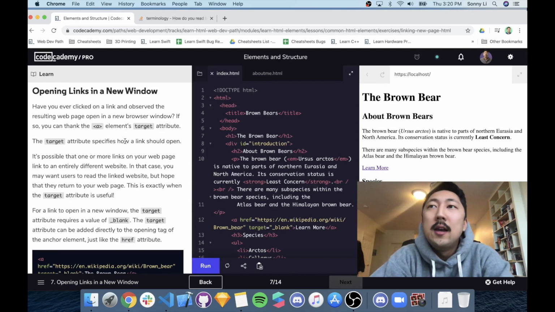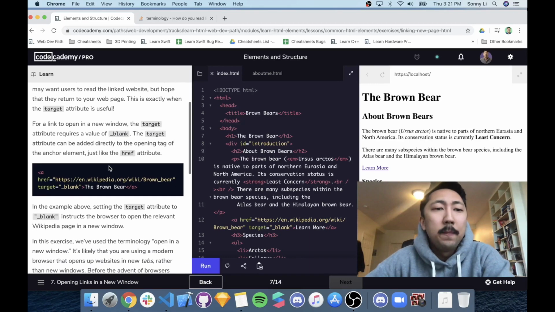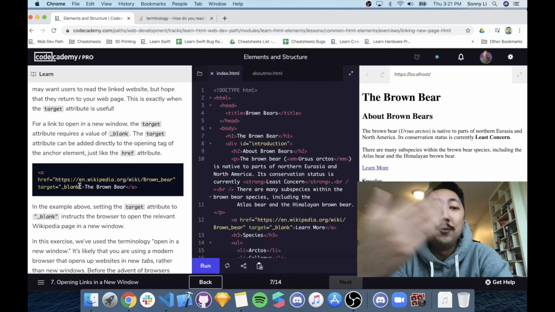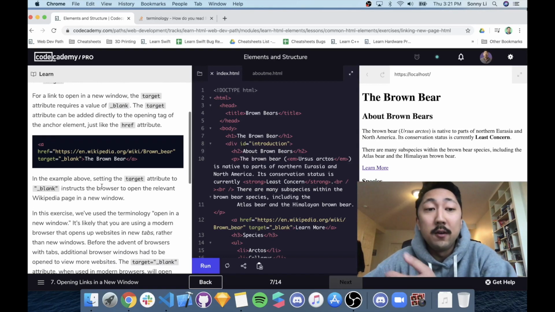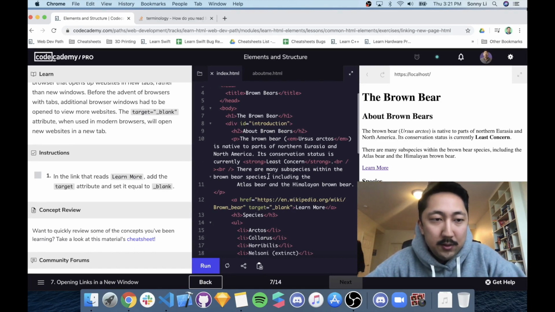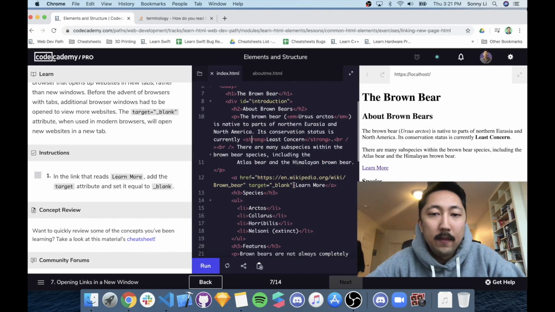There's something called the target attribute that specifies how a link should open. Okay, and this is very useful. Suppose we do target equals and the value of underscore blank. That makes the link open itself in a new tab, new window. Cool. And I'm going to show you how to do so in the link that says learn more. Okay. I'm going to do target equals blank. Oh, actually I already completed this. But first let me show you what